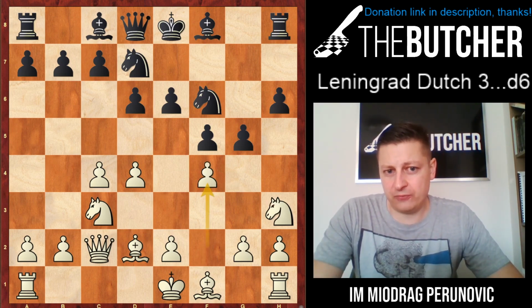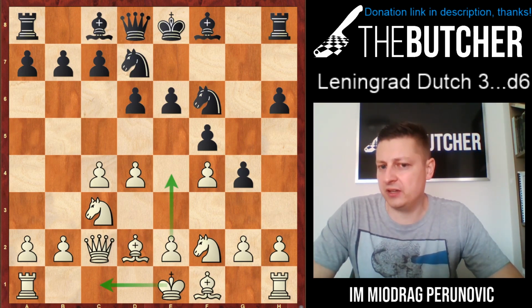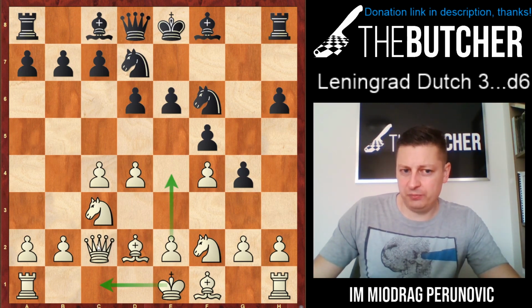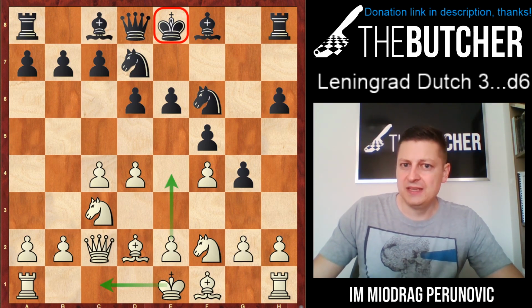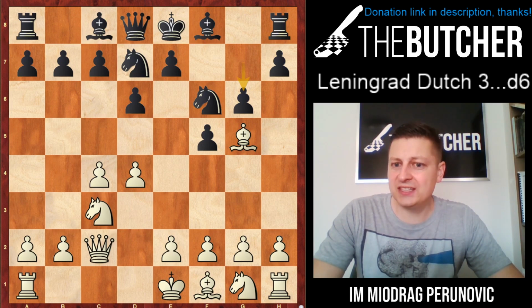So you here play f4, g4, knight f2. You want to play long castle and break in the center with e4. You almost completed your development fully. Well, they have problems with an exposed king on e8. Just because of this, after queen c2, they gotta go with g6. And here,